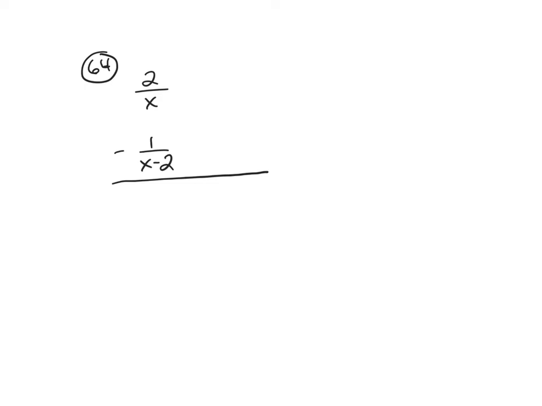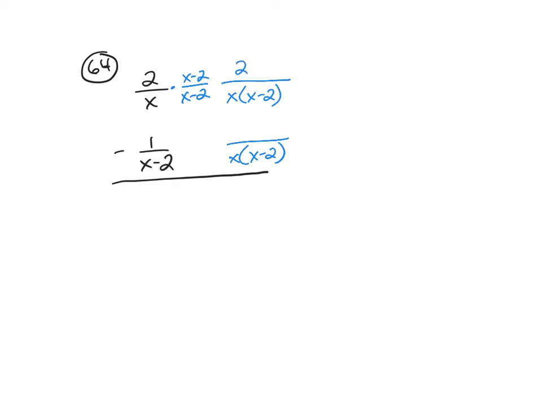So my common denominator is going to be a combination of these two. My common denominator is going to be x times x subtract 2. So I'm going to put that down for my common denominator for both of these. And then I need to figure out, well, what do I need to multiply both those by to get that common denominator? The very first one already has my x, so I need to multiply by x minus 2 over x minus 2, because that would give me that denominator of x times x minus 2,